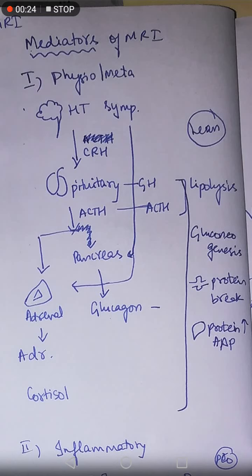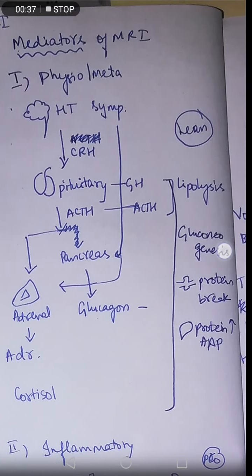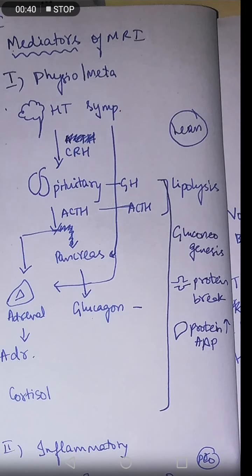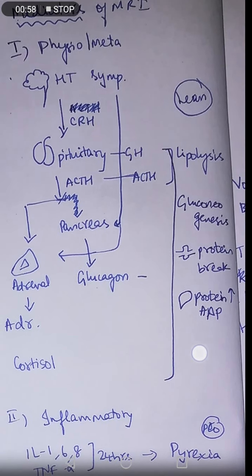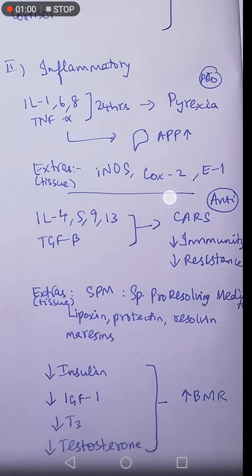And the same sympathetic system will trigger the pancreas to release glucagon, and will stimulate the adrenal to synthesize adrenaline and cortisol again. All these are going to cause breakdown of the carbohydrates, the glycogen. So gluconeogenesis occurs, glycogenolysis occurs, lipolysis occurs, and protein also gets broken down in the muscles. But in the liver alone, the protein does not get broken. The protein will form in the liver. Acute phase proteins are formed in the liver. We'll know more about acute phase proteins in the further part of the video.